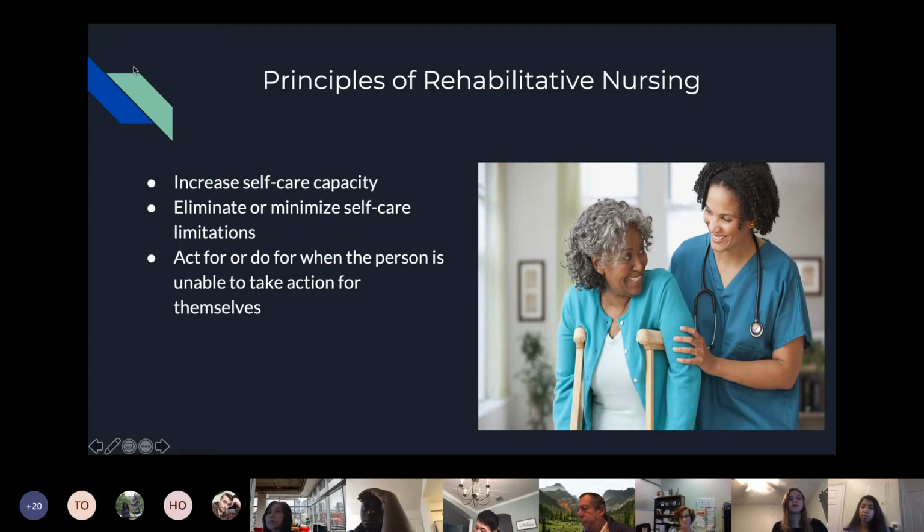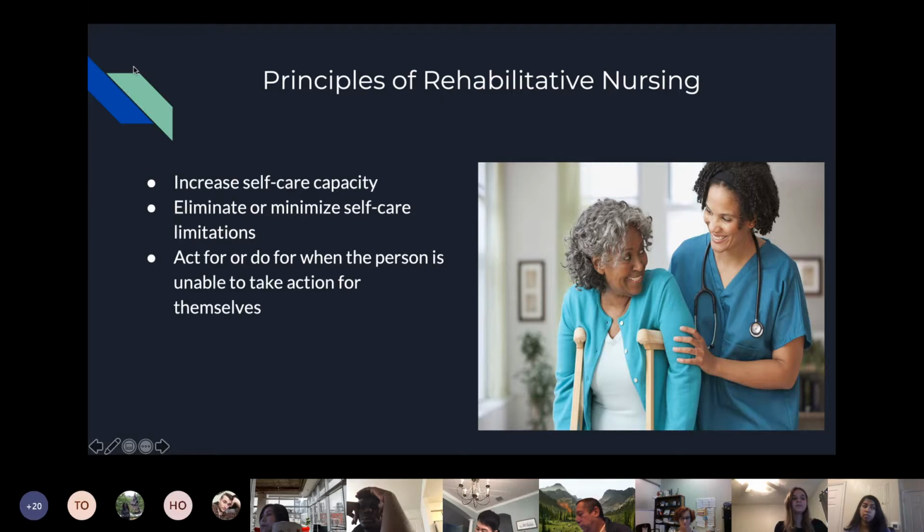for themselves. And a nurse could help with this by encouraging the patient to perform arm exercises to build their muscles so that they can better move around. And then for the second one, this means just to minimize any issues that might get in the way. So a nurse could help with this by, if a patient's in a wheelchair, they could advocate for wheelchair ramps to be implemented around the area so that these people are moving around without any limitations to where they